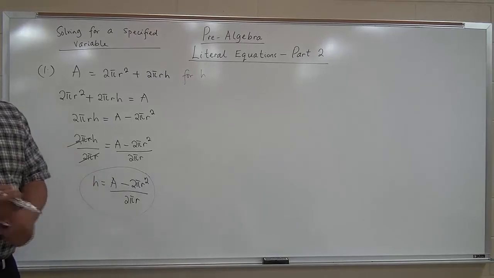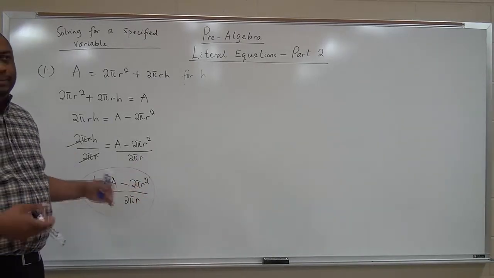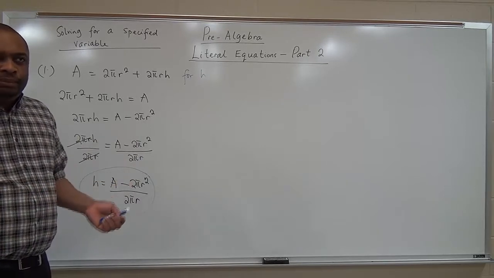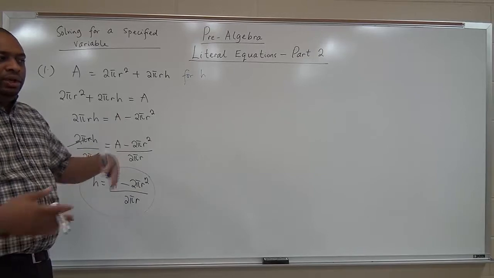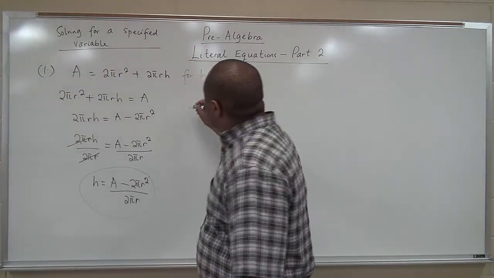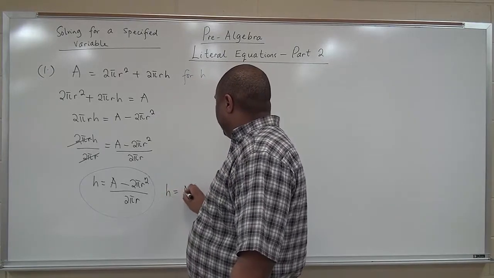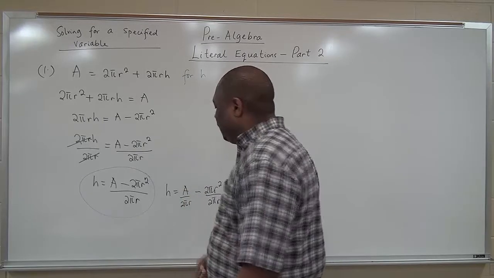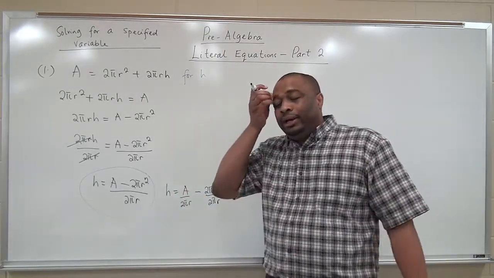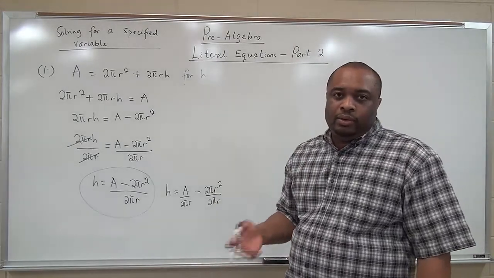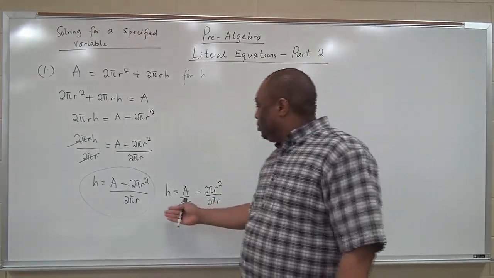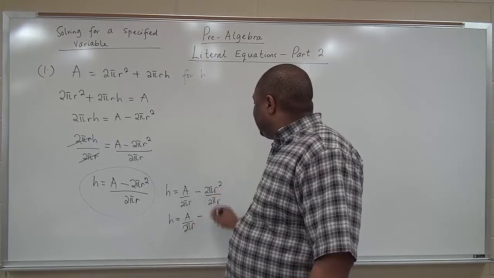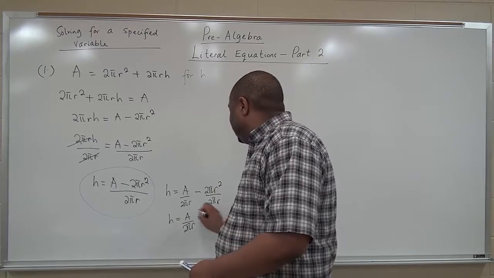Now, some students will go further, leave your answer like this. Some students will go further to try to overdo a problem, and in that process, you're messing up the answer. Some students might want to come and say that this is h equal to A over 2 pi r minus 2 pi r squared over 2 pi r. Some students will do it like this, and it all depends on what your instructor or your professor wants. Some students will want to do it like this, and it's up to you anyway. If you divide this, you now have only r. And this is still correct, it's still correct. But